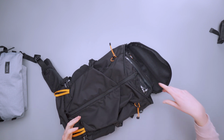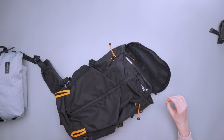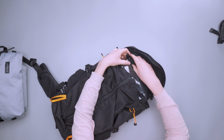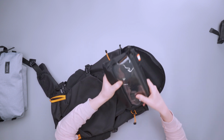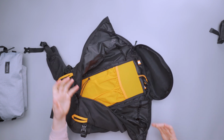So if that's my toiletries, like I get off a flight, I'm like, oh, I know my toiletries are right there. I can pop in and grab it, or your battery bank, your charger, whatever you need to get into, it's attached right there at the top, and you can get in there, grab what you need, and go. So I really do dig the modularity of that, especially because, as I said, there isn't a ton of organization